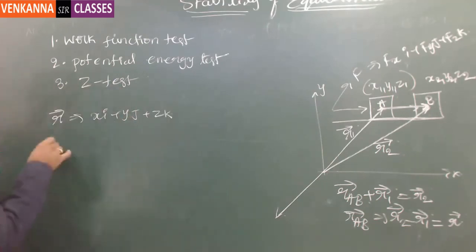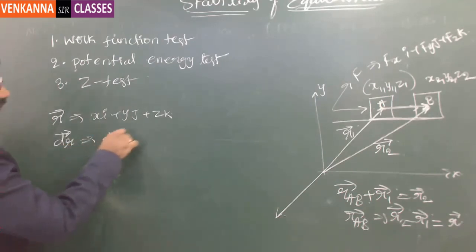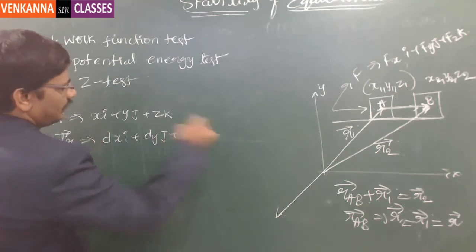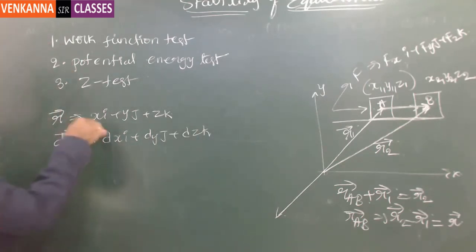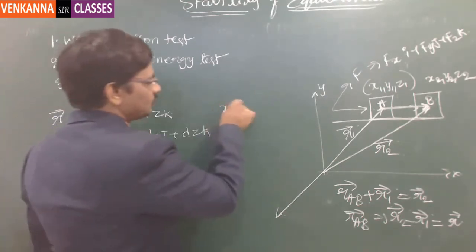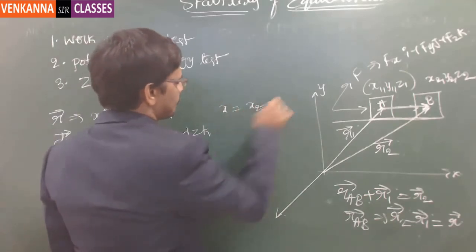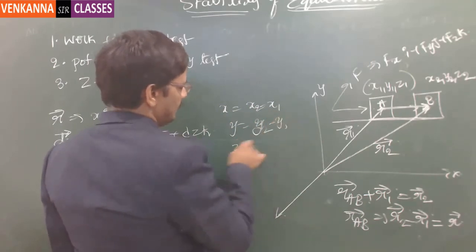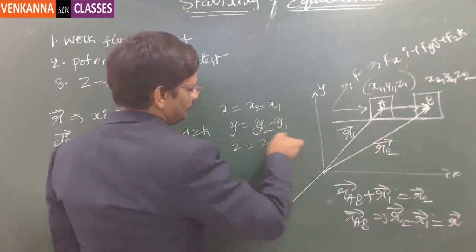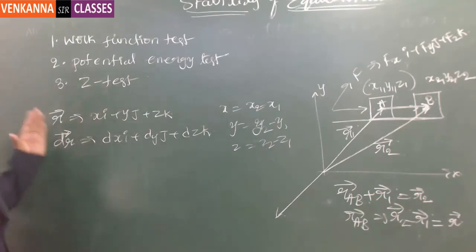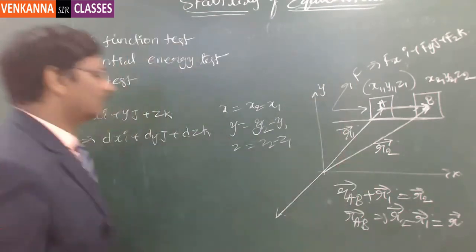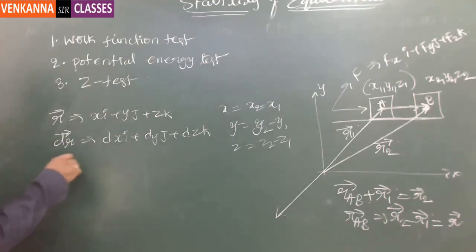Actually if you put it, then dr can be treated as dx into i plus dy into j plus dz into k, right? Where x is nothing but x2 minus x1, y is nothing but y2 minus y1, and z is nothing but z2 minus z1. So here this is the dr vector and this is the force vector. So work is equal to